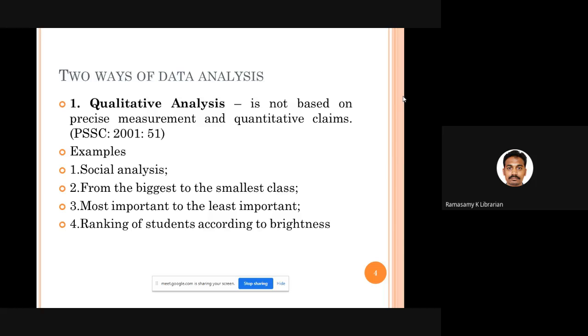For example, we talk about the social demographic features of the respondents. We arrange the respondents from the biggest to the smallest classes, or we arrange the frequencies from most important to least important, or we rank the children based on their color. These are a few examples of qualitative analysis, the analysis which does not involve precise measurements.